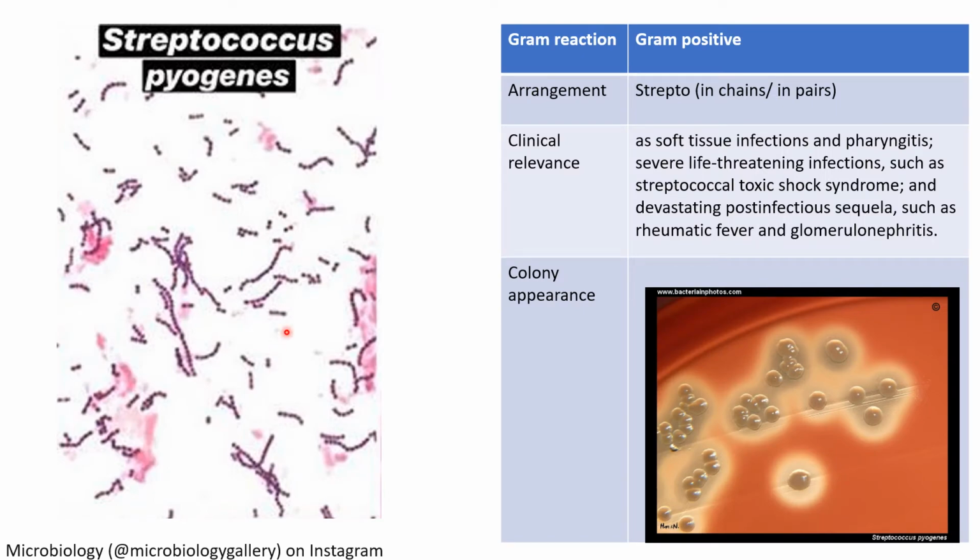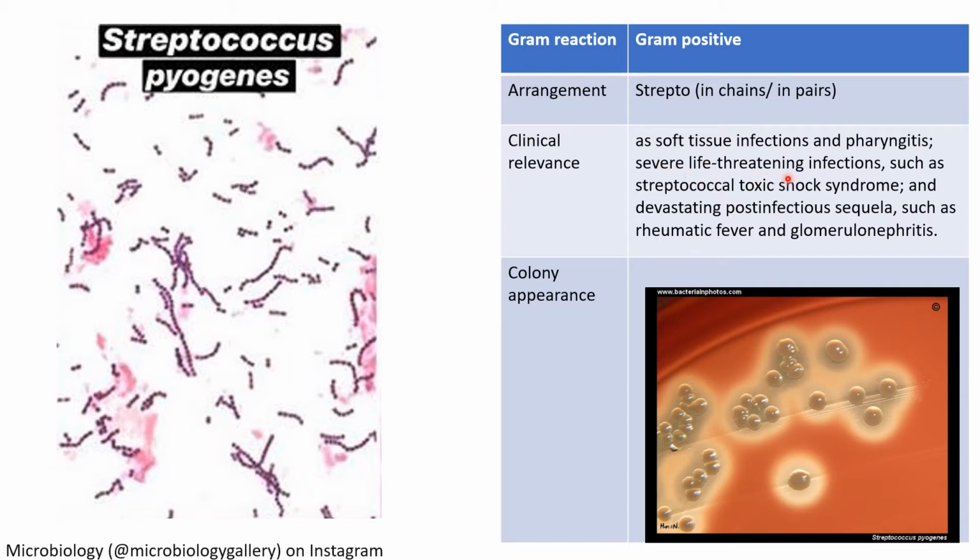Okay, so here we have Streptococcus pyogenes. It's from the word strepto, of course, in chains, sometimes in pairs. Okay, and the arrangement, again, in chains or sometimes in pairs, and it's a gram-positive bacteria. So you're familiar with the word strep throat, so yung sore throat. So Streptococcus pyogenes causes yung inflammation of the pharynx, throat, so some soft tissue infection,